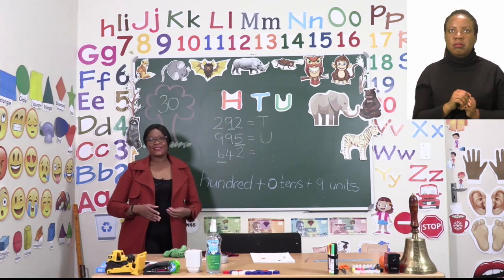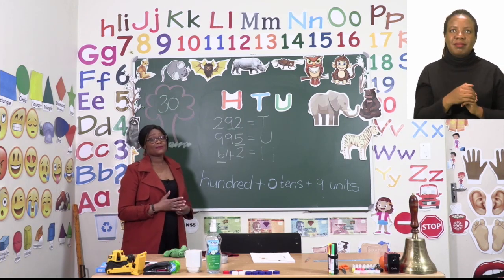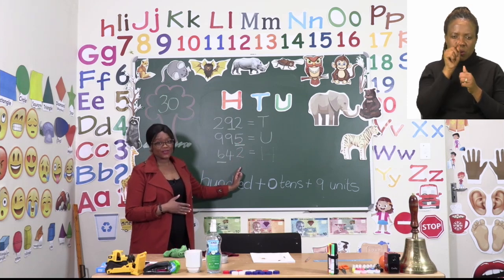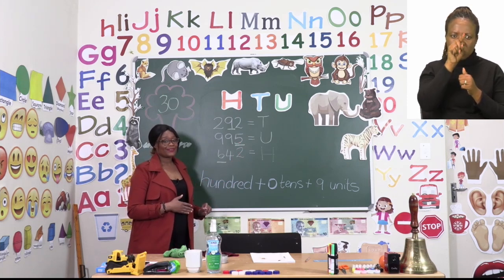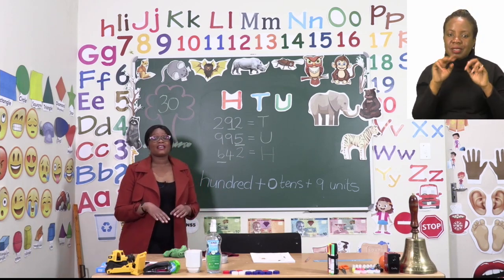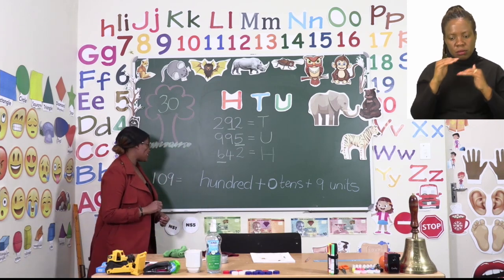For the rest of them, you're going to do by yourselves. Remember, you can use the same method we were using by pointing at the number and saying the place value for each of them. Now, for the next part, you are going to break them down and put them in their correct order. We're going to do one together.